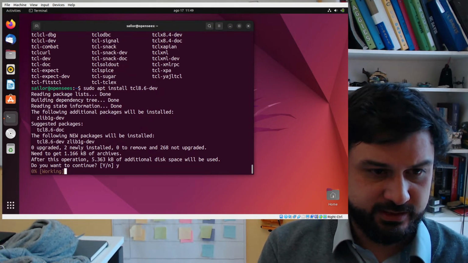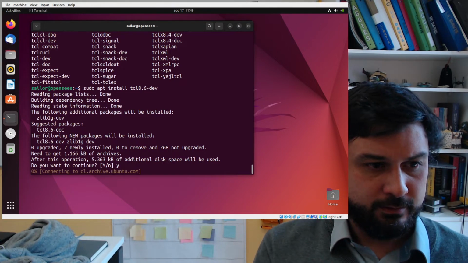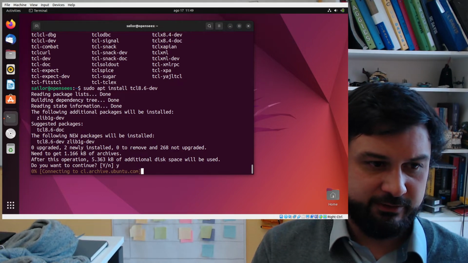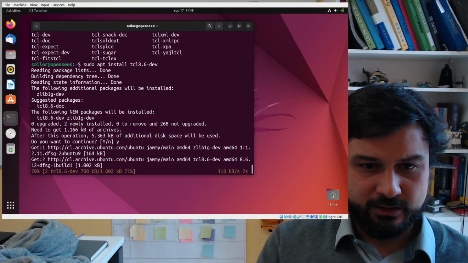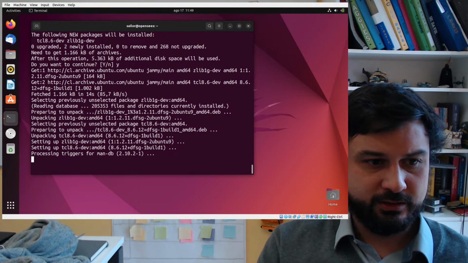Let's see if this takes a lot. We'll do another pause. Here we go, connecting to CL, that is the Chile archive of Ubuntu. Yeah, it shouldn't take that long. There we go, and we are done. So with this,